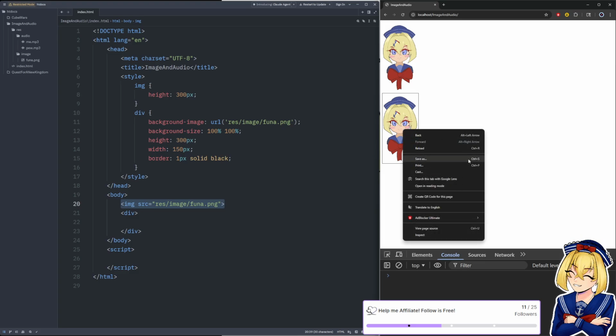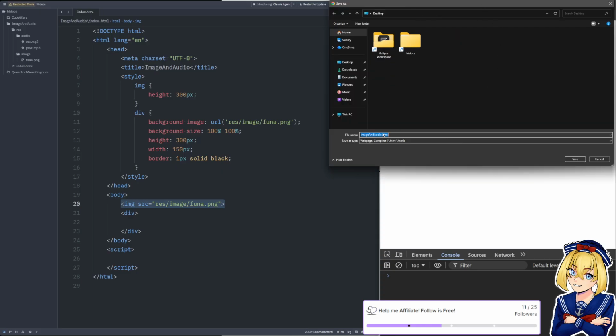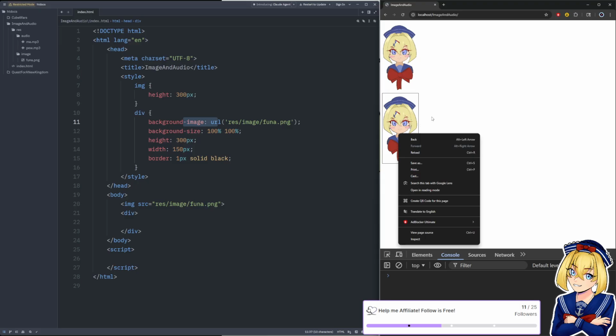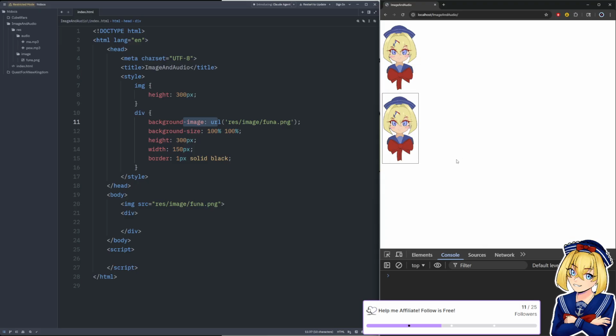You see save as, which is to save the web page itself. You see it's trying to save an HTML file. So a lot of websites do this to try to stop you from saving their images. They'll do it as a background image because the way the browser works, it's going to act differently if you right click on it.